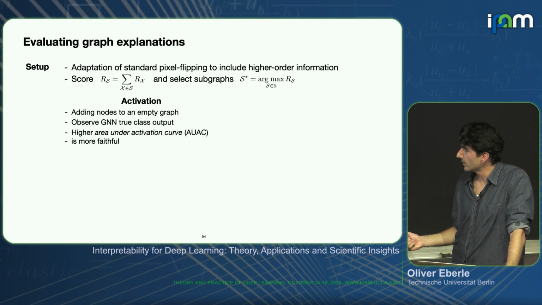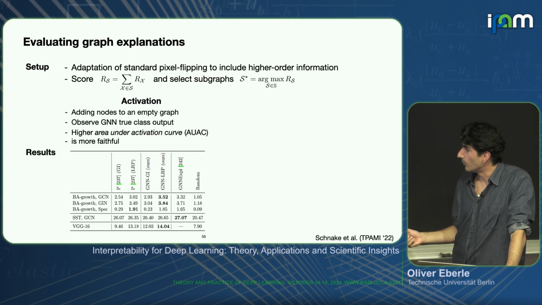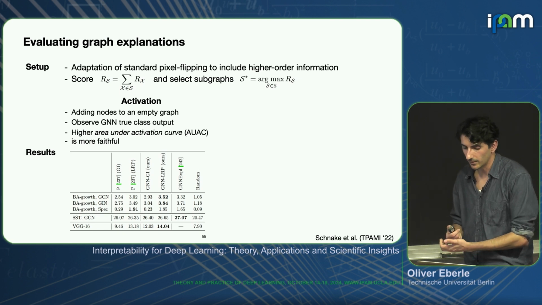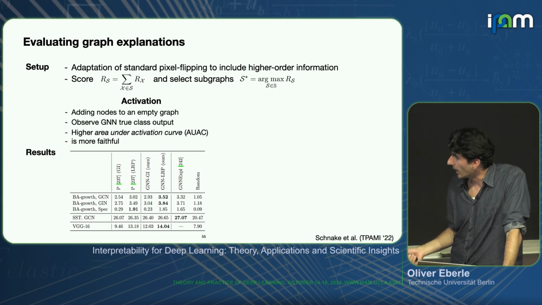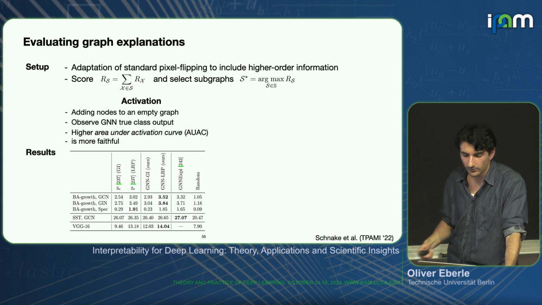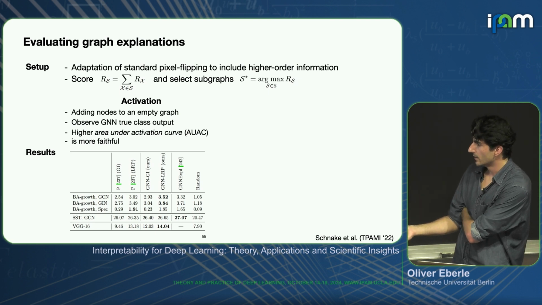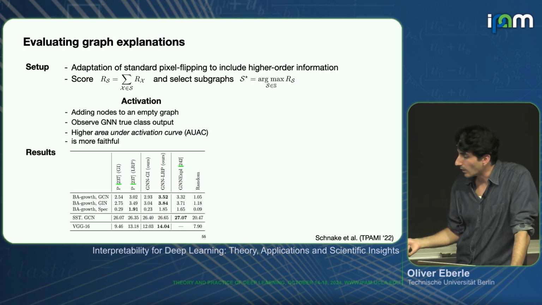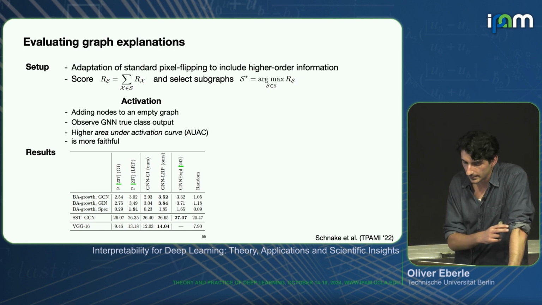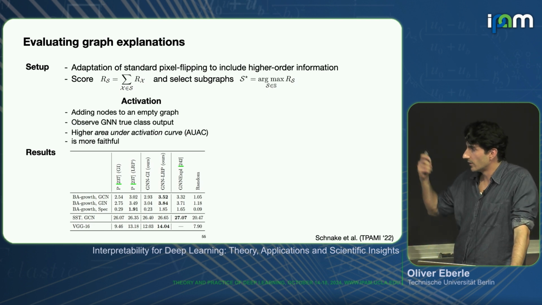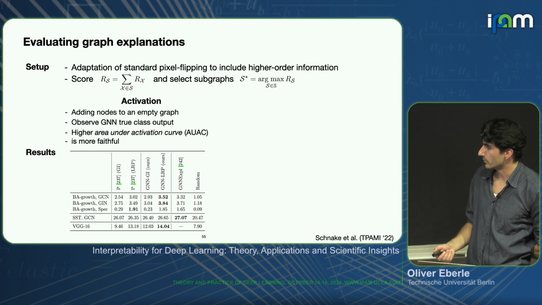And what can we do with these things? First we can evaluate again. I'll go quickly through this. It's a similar idea. We remove or add the most important features, and we want to get high scores here. So here we get high scores. There are not many comparison methods that actually consider this type of higher order information. At the point when the paper came out, it was the only one, and all of the other methods are only first order approximations of this. So it's a completely different level of complexity that we're comparing here, but it seems to be beneficial to have all this additional information.